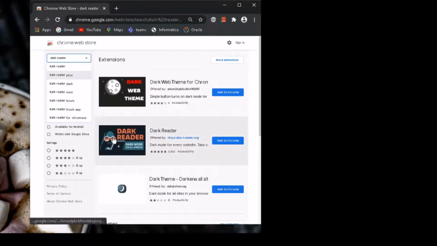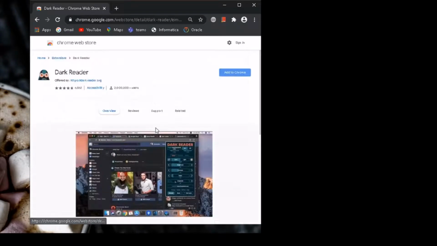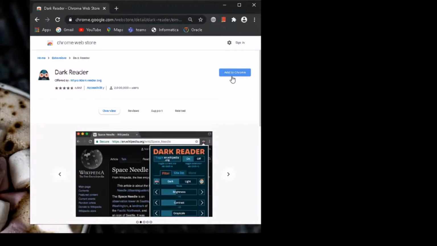You'll get it here. Now what to do is add to Chrome. You can do it directly from here, or click it. At the end of the day, you have to click on add to Chrome, and it will add the Dark Reader extension to your Chrome browser. So let's do that.